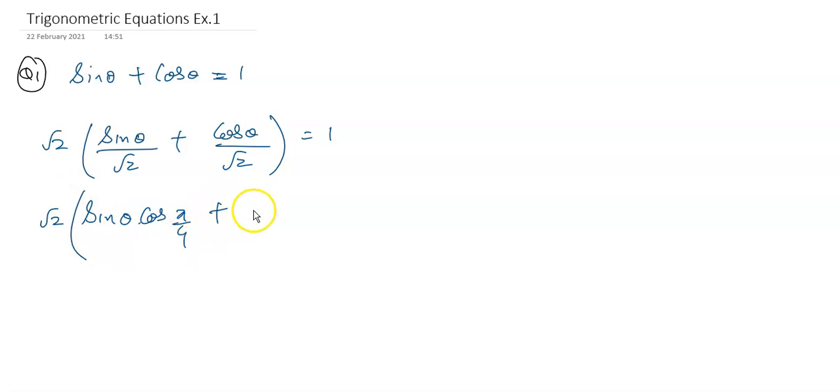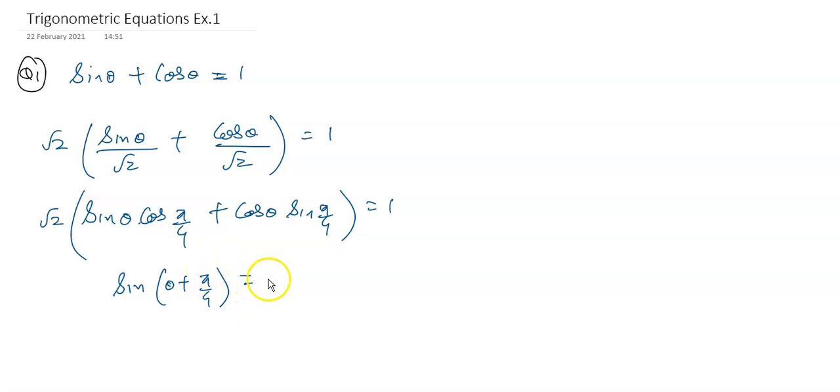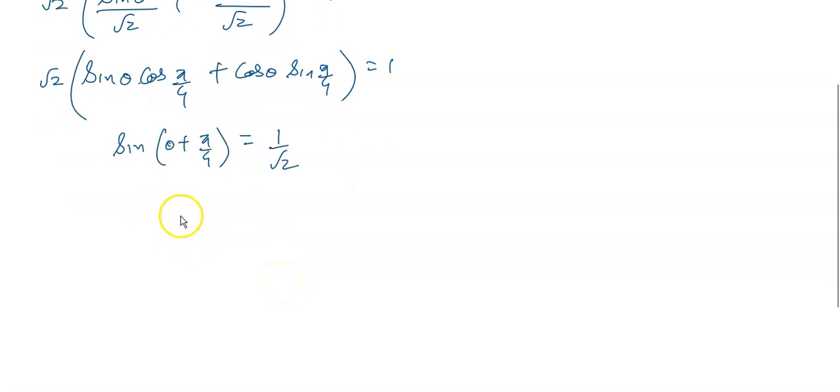then plus cos theta into sin pi by 4, this is equal to 1। ठीक है, so this is nothing but ये लिखा हुआ है sin of theta plus pi by 4, this is equal to 1 by √2। Now 1 by √2 can be written as sin pi by 4, so this is sin of theta plus pi by 4 is equal to sin pi by 4। Now using the general solution for sin theta equals to sin alpha,